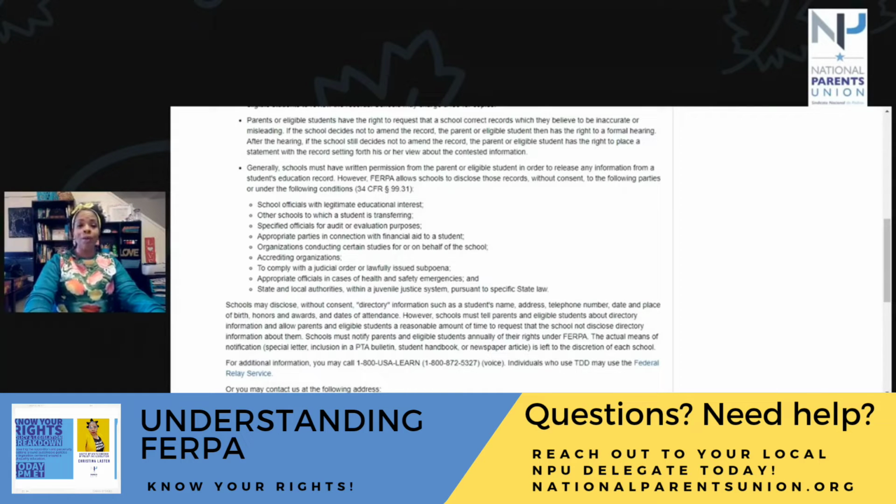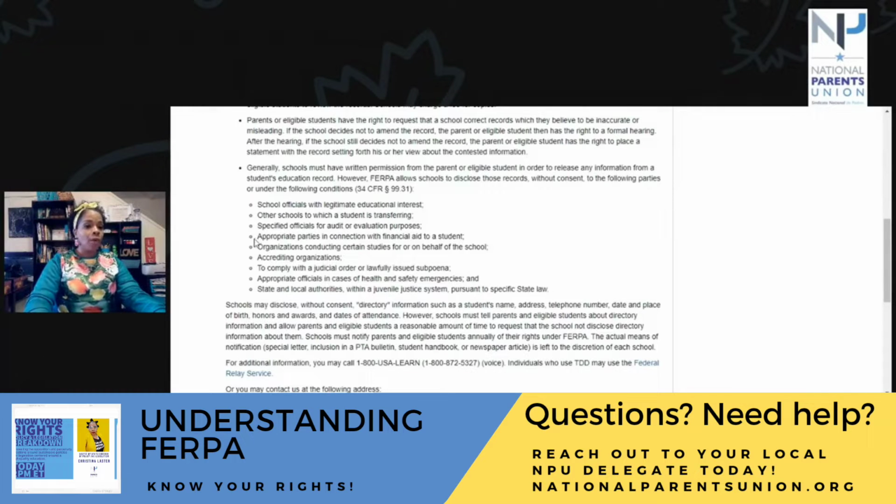Ask your child's school. If you're a student, ask what organizations are going to be privy to my records. I would like to know what types of studies they are going to be conducting. Are those studies really for and on behalf of the student? It says they're on behalf of the school, but find out, if you do not want to be a part of that, then how can you revoke permissions to be a part of that?